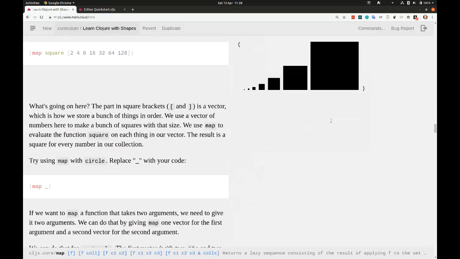Oh, and then it's just asking us to do the same thing but with circle. I guess that's pretty easy to do. Let me just copy that. Oops. Pressed the wrong button. Oh, it's interesting. Oh, okay. I didn't notice this down at the bottom. There's actually, right down the bottom,